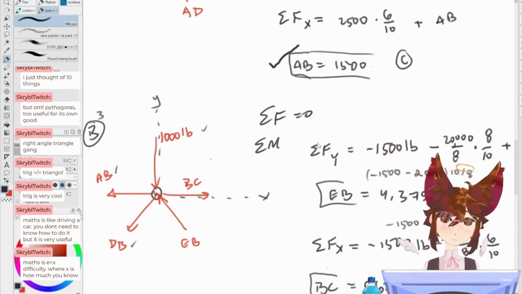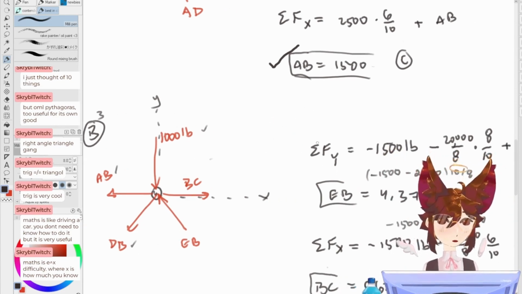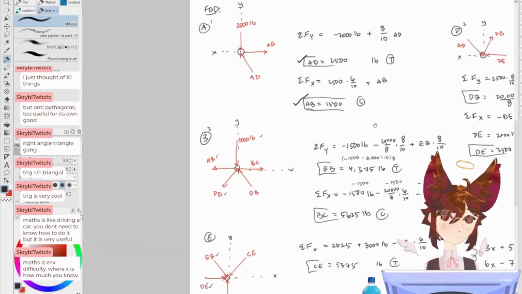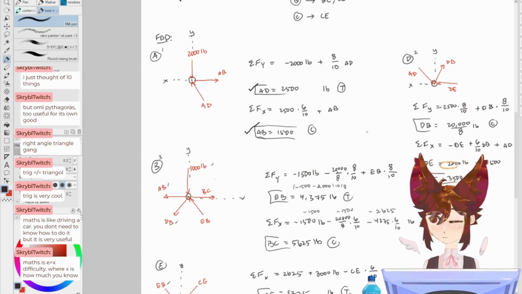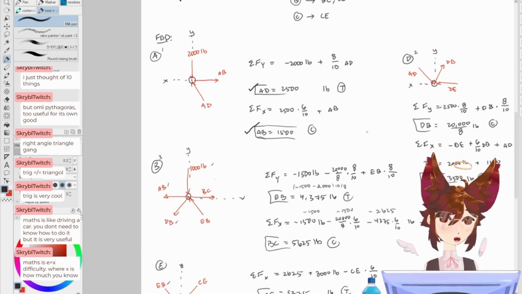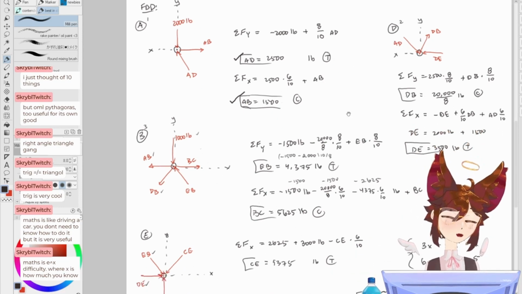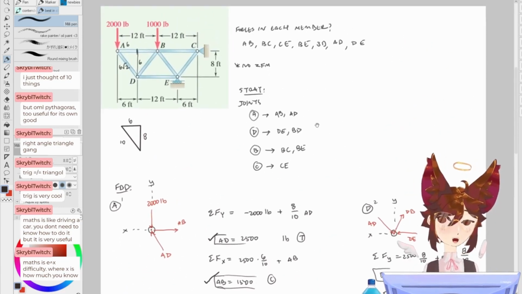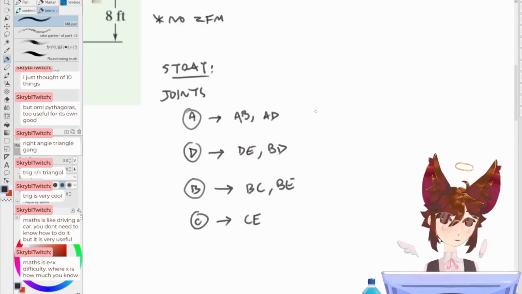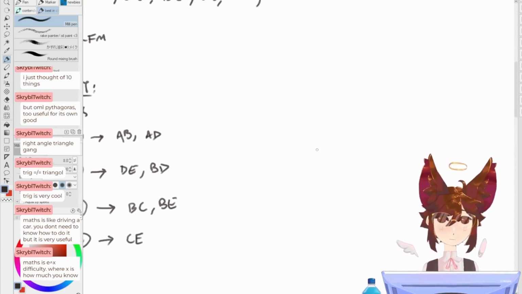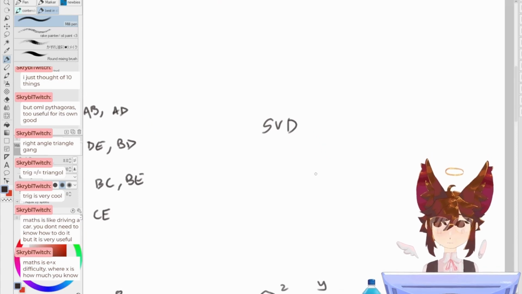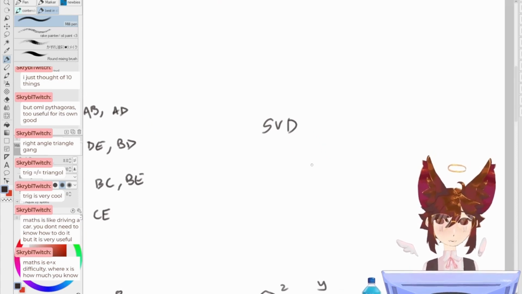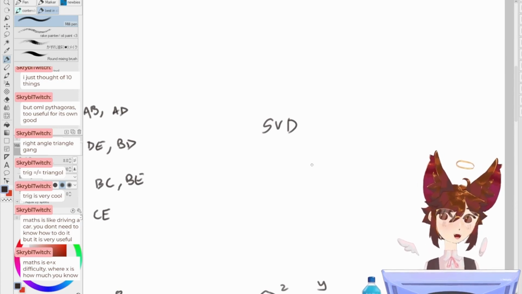Sure, there's some extra math. You might need to do cross products, or these more complicated things. But at its core, it's just saying, let's make an equilibrium. Let's make things not move. And that's not hard. So for a lot of math, as long as you break it down into chunks, because even my professor for linear algebra taught people SVD, singular value decomposition. Very, very high level. People take graduate courses about this, and he learned it in grad school.